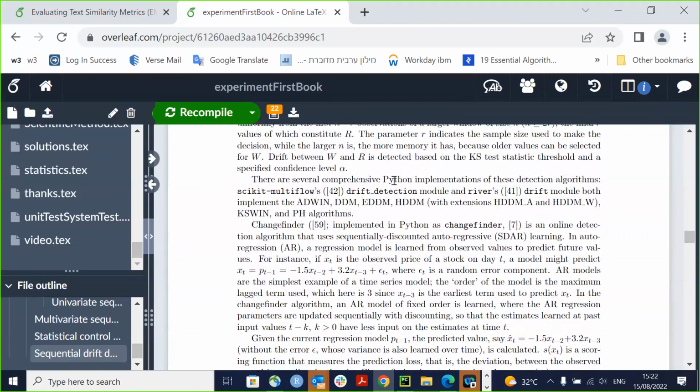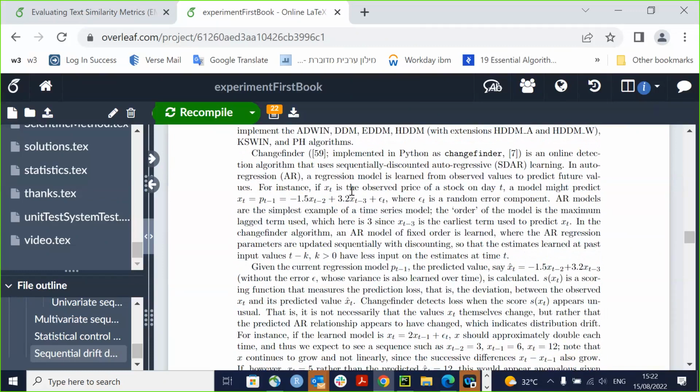I'll just mention there are two packages that implement a lot of these tests. I used River. I couldn't get scikit-multiflow to work, but River implements many of these tests. There are a few other tests out there. ChangeFinder has a different flavor. Instead of detecting average value changes,